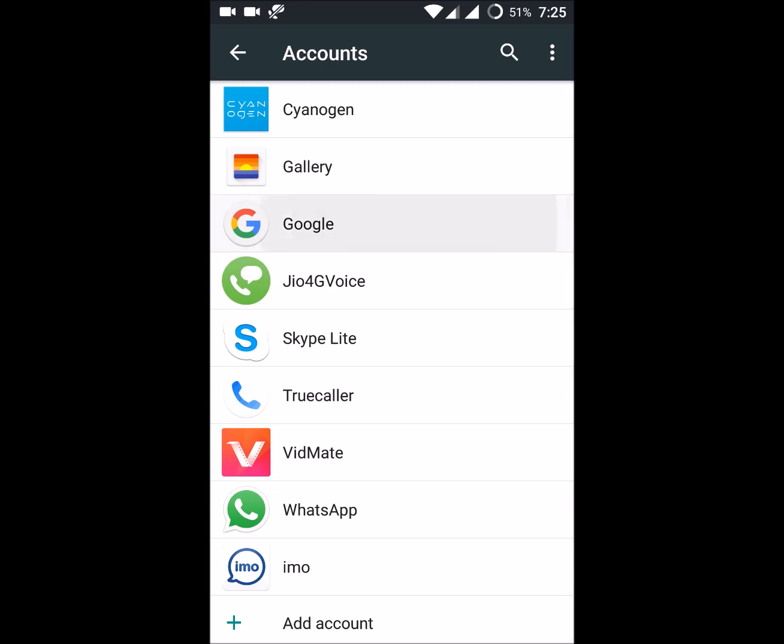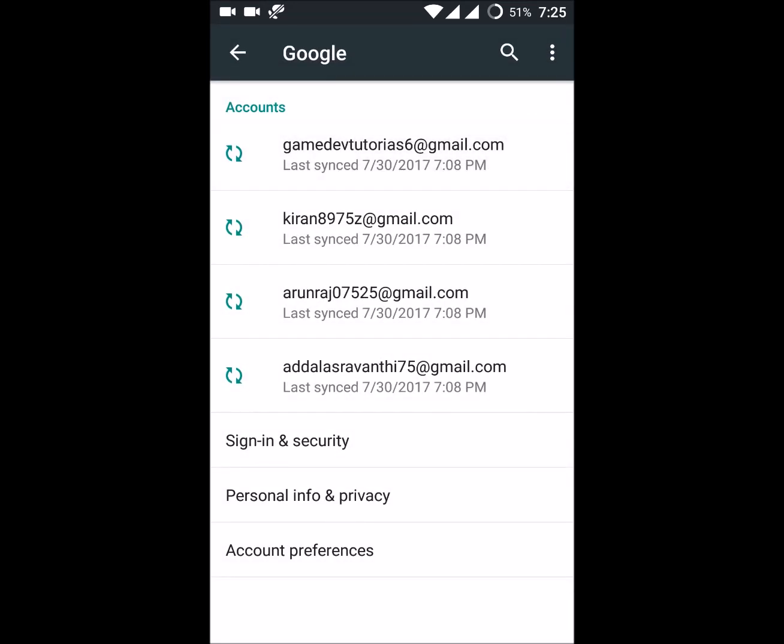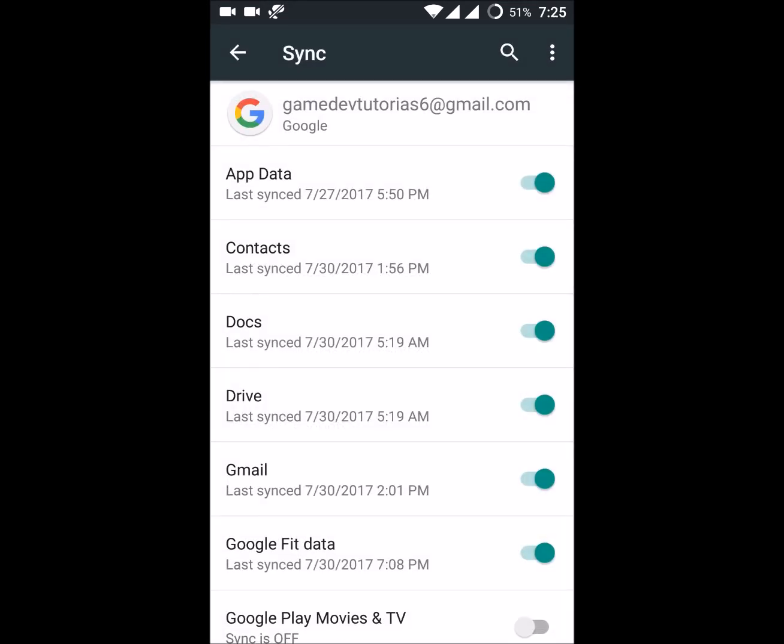So if you click on Google here, you can observe last sync. This data syncing, or the continuous syncing, will use a bit of battery. So when this battery saver mode is on, if you are using hotspot or Wi-Fi or this syncing, all these will be temporarily closed, thus it will save a lot of battery for us.